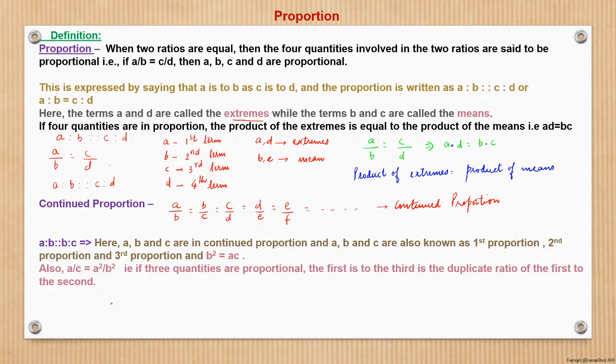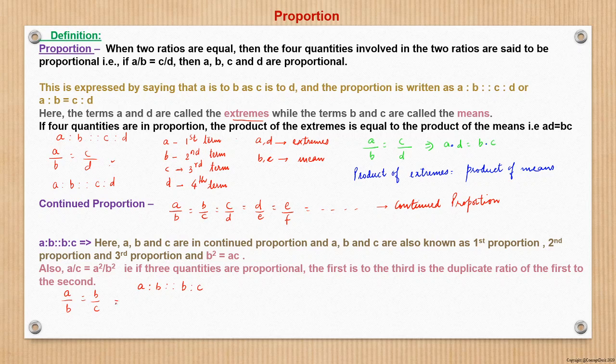If we look at this in terms of three terms only, A by B is equal to B by C. This is also a proportion, because any ratio which can be expressed in this form is a proportion. So A by B is equal to B by C is a proportion. But here the denominator of the first ratio is the same as the numerator of the second ratio. Therefore, this is also a case of continued proportion, right? And this we express as A is to B as B is to C. This is the way we express this.